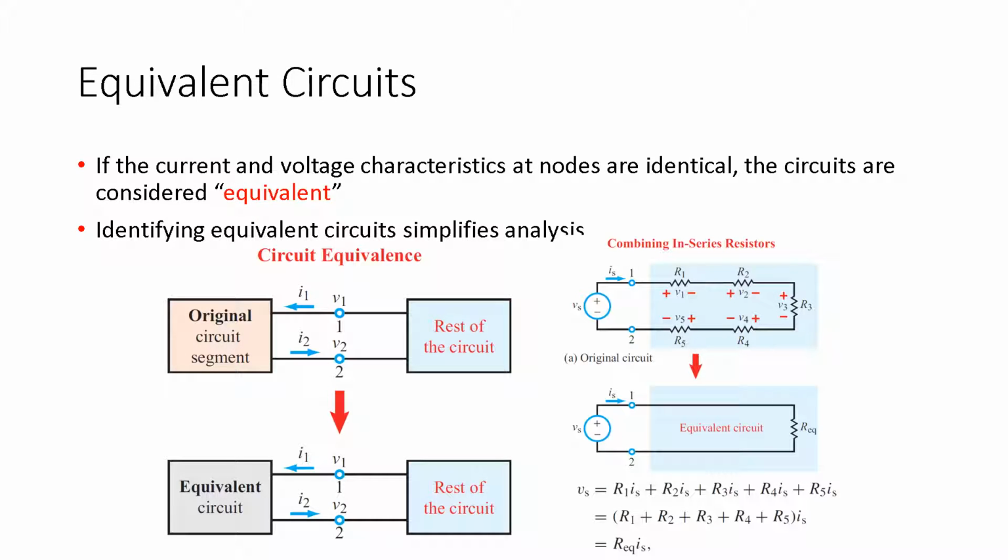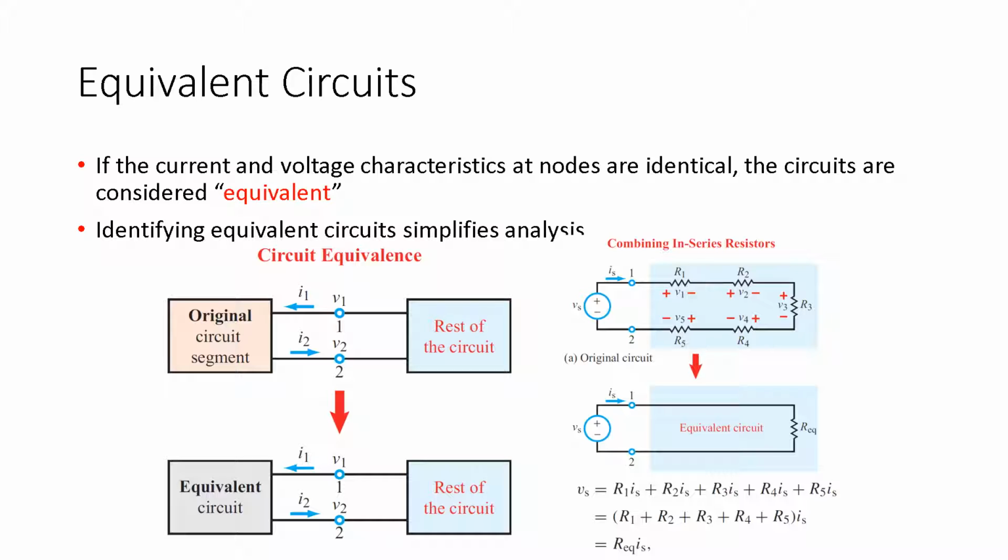So what are equivalent circuits? If the current and voltage characteristics at the nodes are identical, then the circuits are considered equivalent electrically. And identifying equivalent circuits simplifies analysis. That's the whole reason we do it, is to make it go faster. And sometimes you can get some interesting knowledge out of the system too